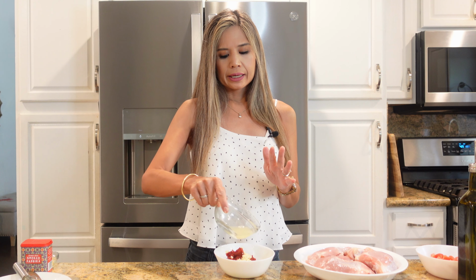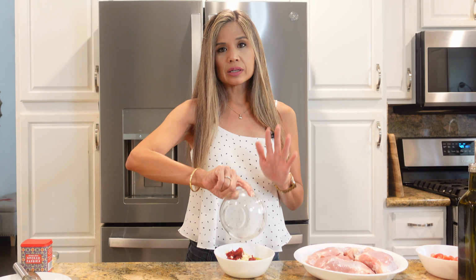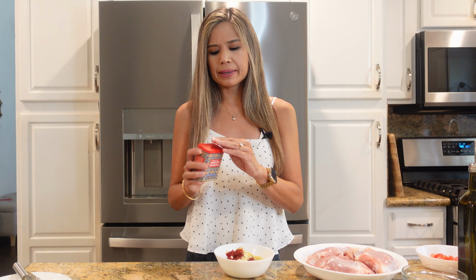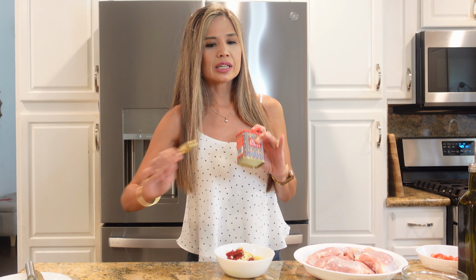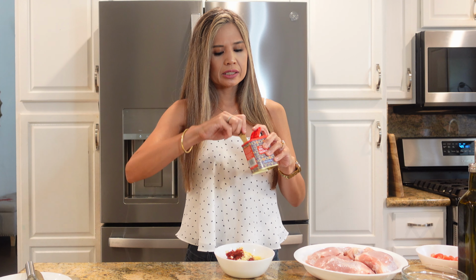And then I have 3 tablespoons of lemon juice, and that's about the juice of 1 lemon. And I also have the zest of 1 lemon as well. I just love the combination of lemon and tomatoes. The tomatoes are already tart, but the lemon just kind of accentuates that flavor, and it's just gonna be so